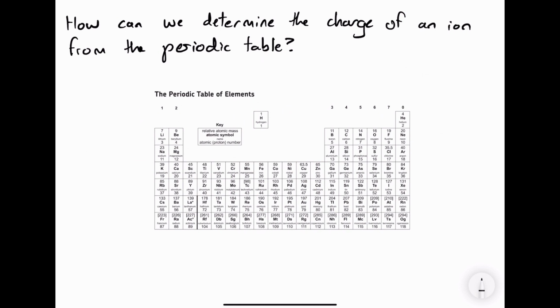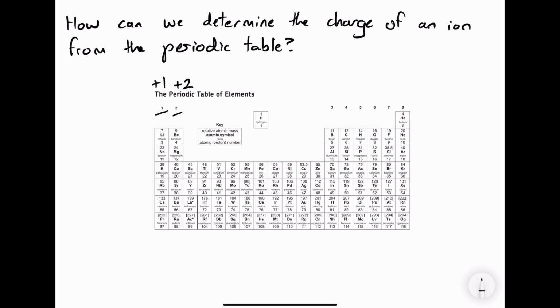So how can we determine the charge of an ion from the periodic table? Well, group 1 elements, the atoms of these elements all have one electron in their outer shell. So when they lose this electron to become stable, they're losing one negative particle. So overall, they're left with a charge of positive 1. Similarly, in group 2, when these atoms lose the 2 electrons in their outer shell, they form ions with a